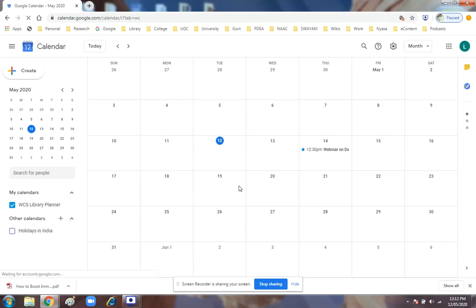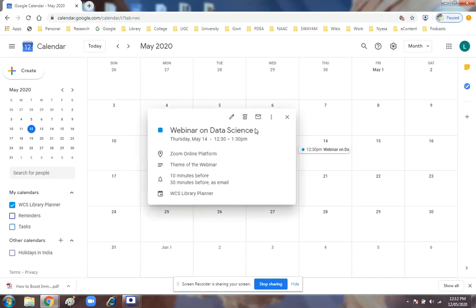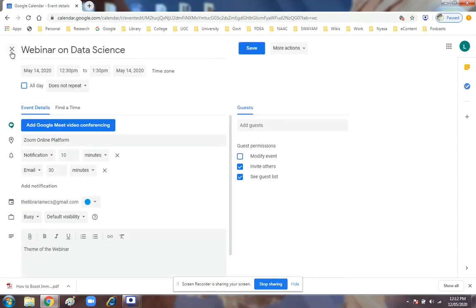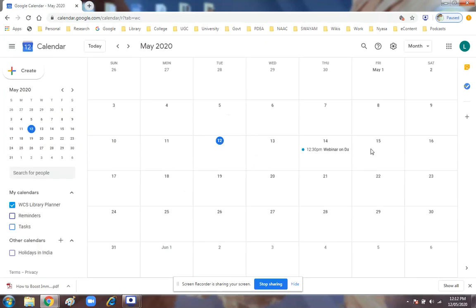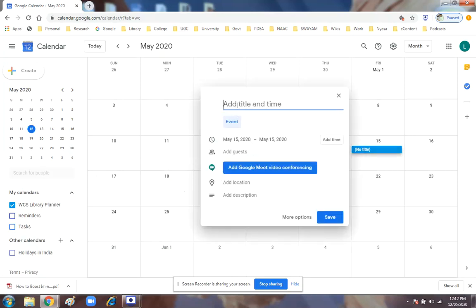So you are here on this Google Calendar window. For example, you have planned a webinar on data science. You can click anywhere and edit your event. For example, on 15th of May, you have planned a webinar on physical chemistry,